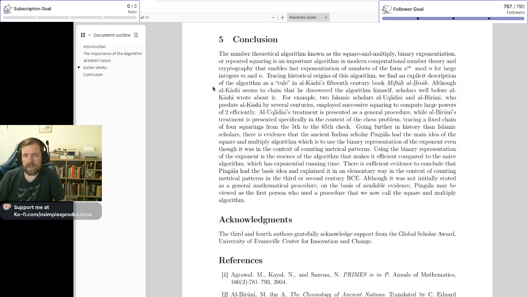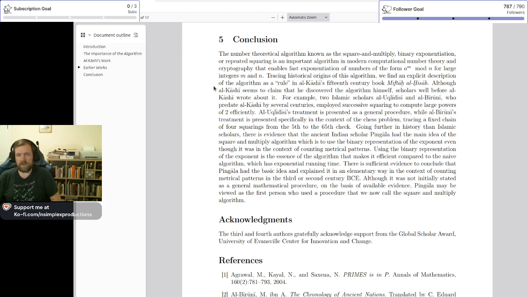The number theoretical algorithm known as square multiply, binary exponentiation, or repeated squaring is an important algorithm in modern computational number theory and cryptography that enables fast exponentiation of numbers of the form a to the m mod n for large integers m and n. Tracing historical origins of this algorithm, we find an explicit description of the algorithm as a rule in Al-Kashi's 15th century book, Miftah al-Hisab. Although Al-Kashi seems to claim that he discovered the algorithm himself, scholars well before Al-Kashi wrote about it. For example, two Islamic scholars,